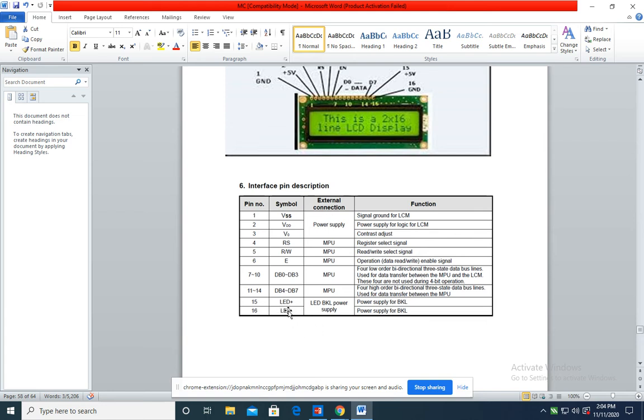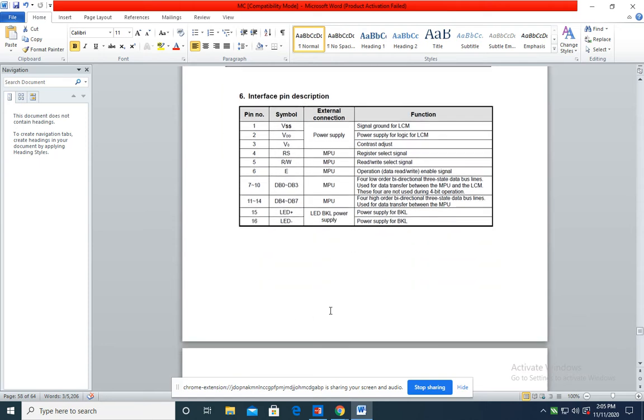So LED plus and LED minus, these two pins are given for controlling the backlight. In some cases, these are labeled as anode and cathode, or we can also say LED positive, LED negative.